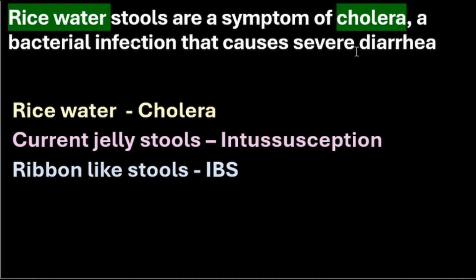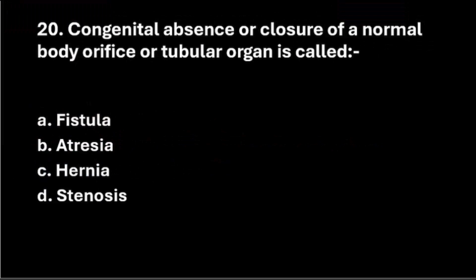Rice water stools are the symptoms of cholera, a bacterial infection that causes severe diarrhea. So the short term here is rice water cholera, currant jelly intussusception, and ribbon-like stools are in irritable bowel syndrome or IBS. Next question. Congenital absence or closure of a normal body orifice or tubular organ is called option A,